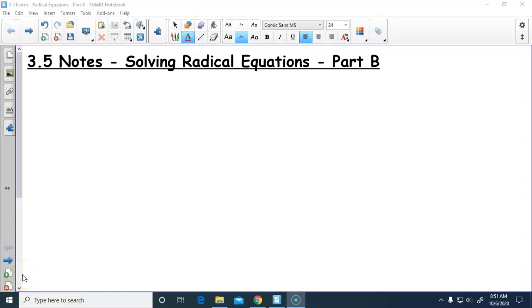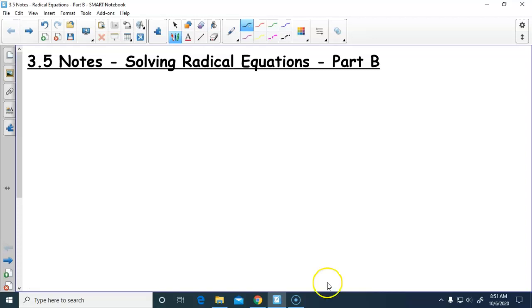Today we are going to look at solving some radical equations, and this is going to be part B of these notes. So we'll be doing some problems that are a little more difficult than we saw in the first section of these notes. If you are working on this on your remote days on Monday and Tuesday, these problems will not be on